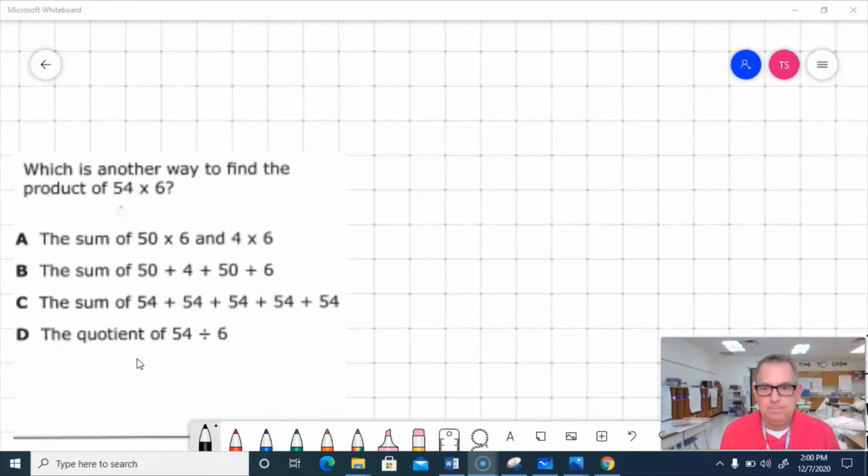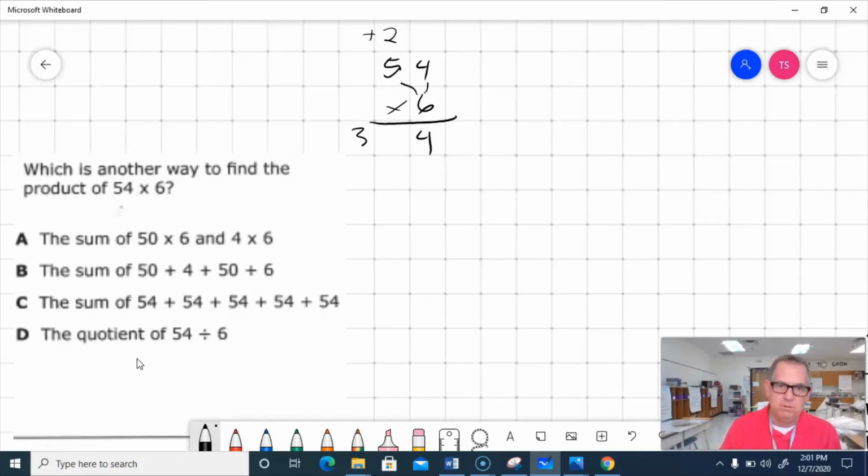Okay, let's check and see. We'll do the standard algorithm. So that's 54 times 6. Multiply 6 times 4 first. 6 times 4 is 24, so I'm going to add the 2 after I multiply by the tens place. And then 5 times 6 is 30, plus 2 would be 32. So it's